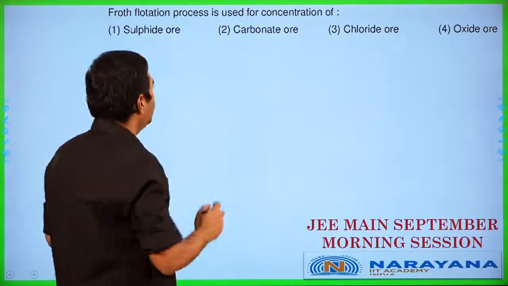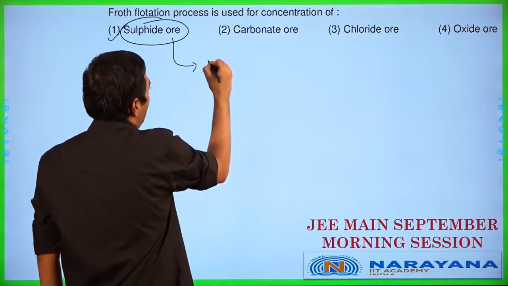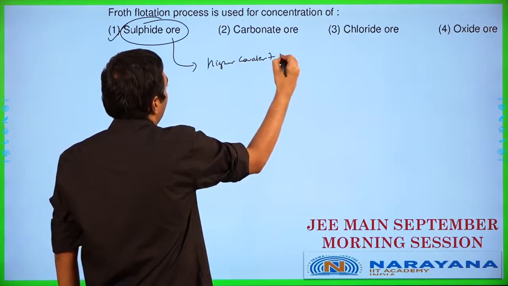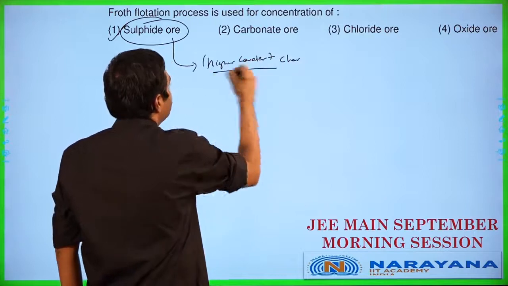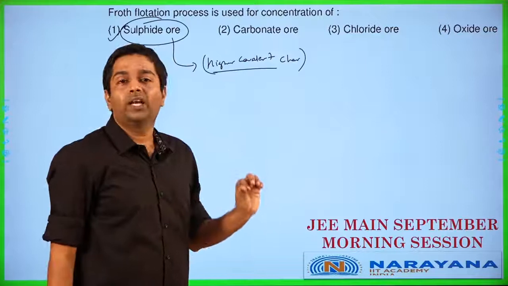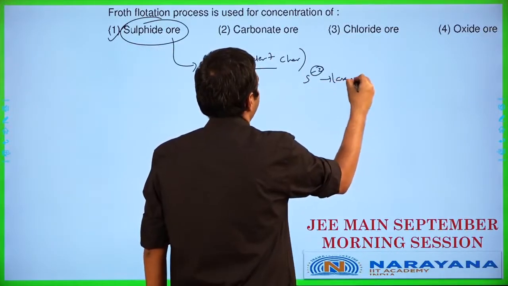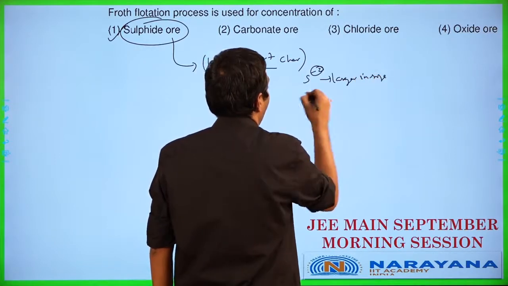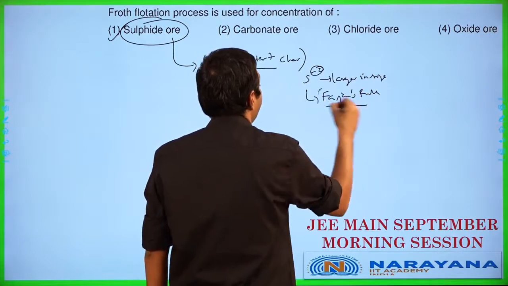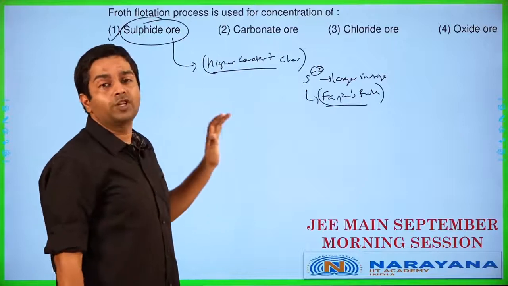Alright, now when we talk about that, that is going to be something which is mainly possible for sulfide because it has got higher covalent character. When you talk about sulfide ores, usually the sulfide ores will generally end up having higher covalent character. Why do they have higher covalent character? Because sulfide anion is larger in size. And Fajan's rules tells us it is going to be basically having higher covalent character. Based on that, you will end up using froth flotation as a technique for concentration of sulfide ores.